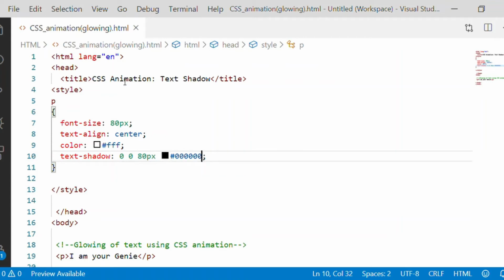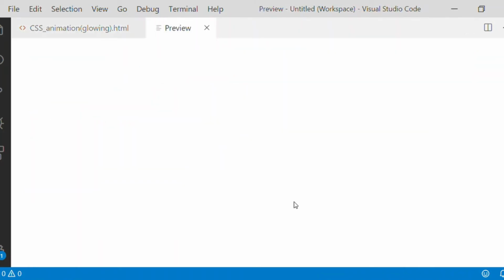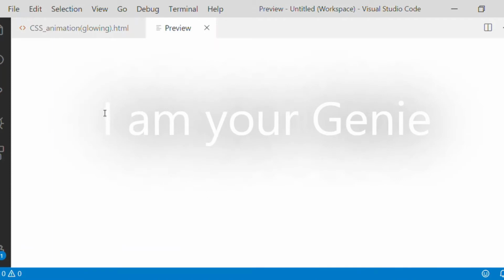Black is RGB all zeros. So a simple style has been created just to keep the paragraph aligned at center and with size 80 pixel. We could see it is aligned to the center and the text is white in color. With the text shadow effect, we could see it prominently.